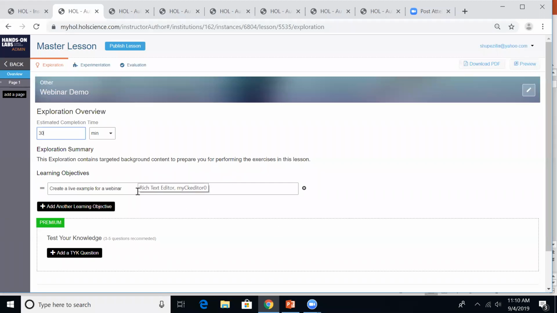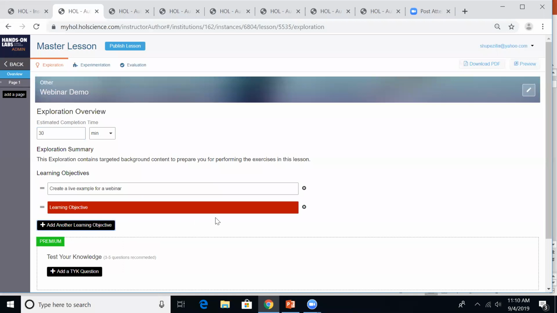The next, this is where we have our learning objectives. So in this example, I'm just going to say we're going to create a live example for a webinar. You can have 1, you can have 0, you can have 10. As many as you want to add, you just click this button to continue adding more learning objectives. Now you have to fill this out if you want to add another one,